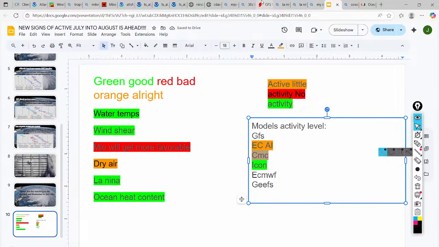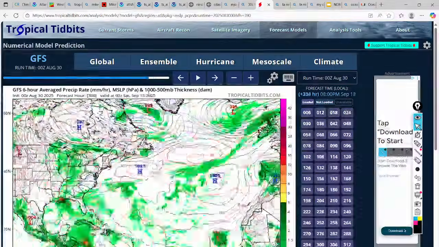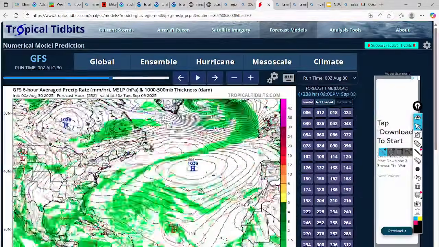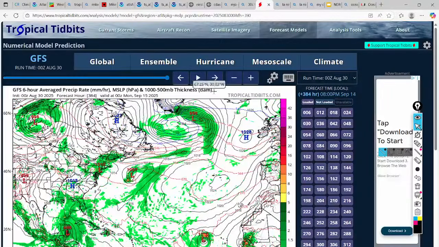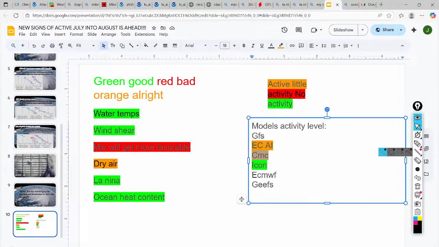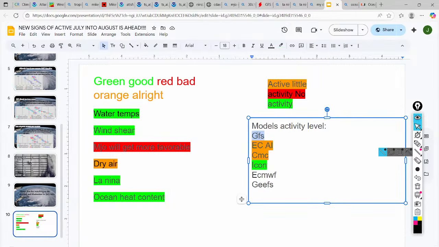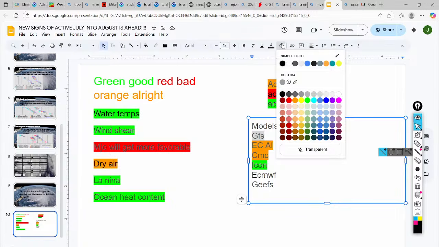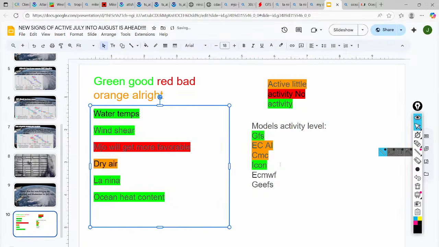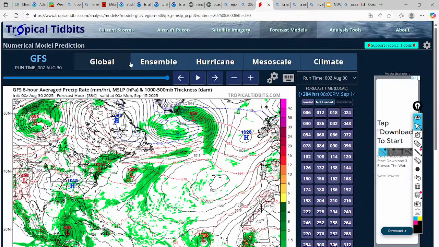The GFS from last 0Z showed activity in the Atlantic. For the GFS, I'll say active. We're going to make the GFS good because the GFS is showing activity overall. So GFS is like that. The Euro, on the other hand,